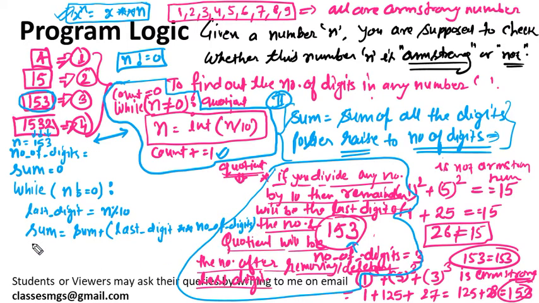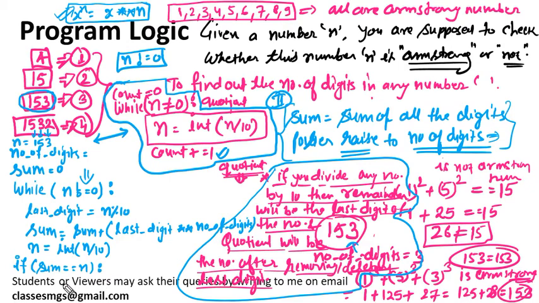And this logic will continue, and we keep on dividing this number by 10, so that somewhere it will become equal to 0. For that purpose, you need to write it with the int method, because Python automatically converts it into a float. So we need to convert into int, otherwise the loop will keep on executing. So this is the logic.